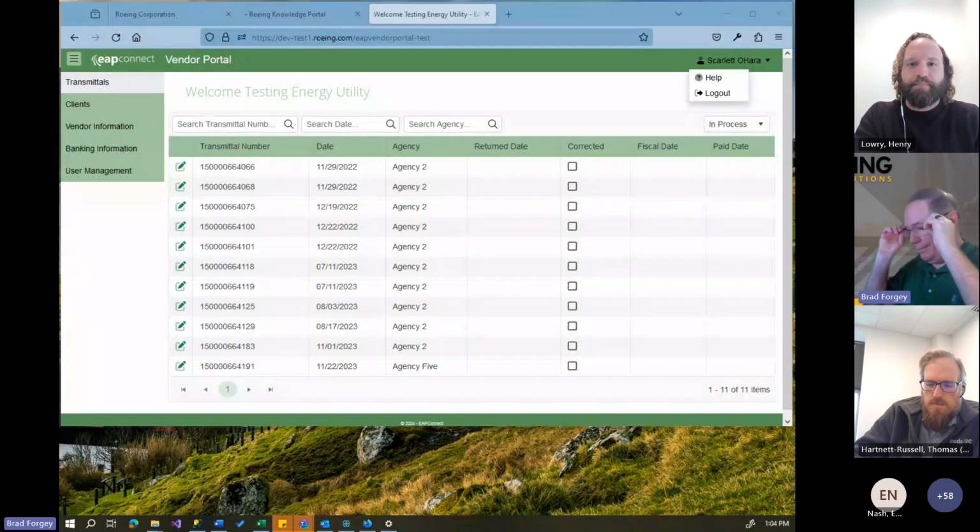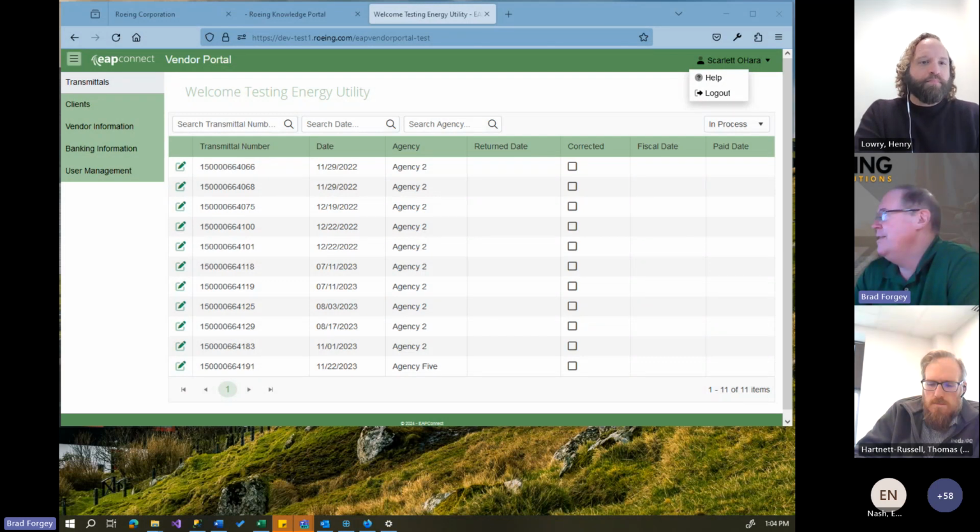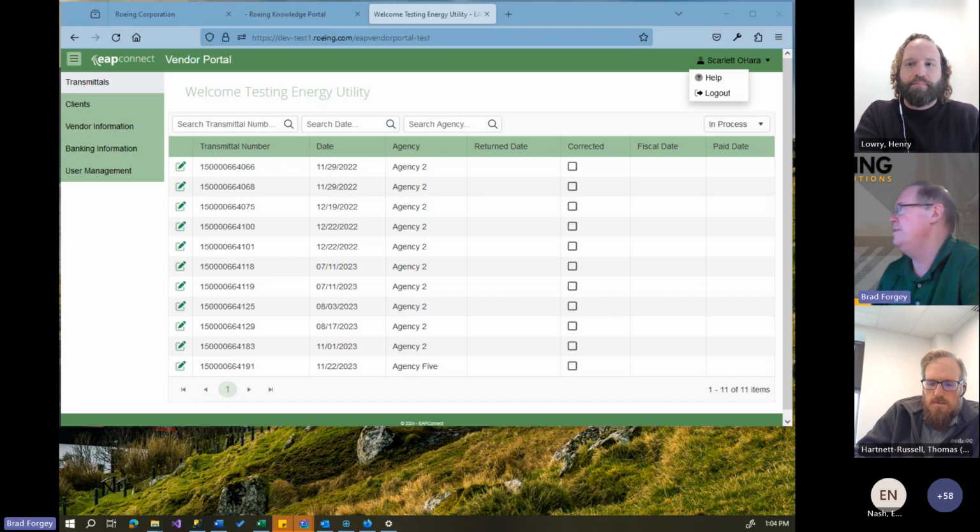It's what you would see on a lot of websites today when they say, hey, do you want to sign in with Microsoft, Google, Facebook, all those different types of sign-ins? We're doing the exact same type of thing here. We're just doing it against Microsoft accounts, since most corporate accounts are that. So once you get logged in,